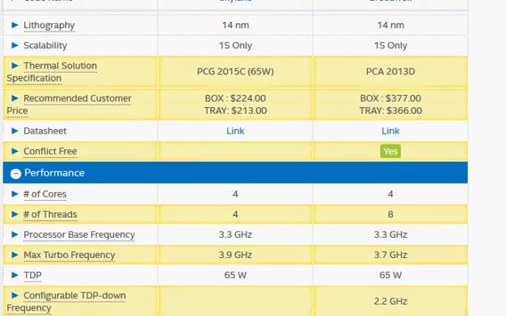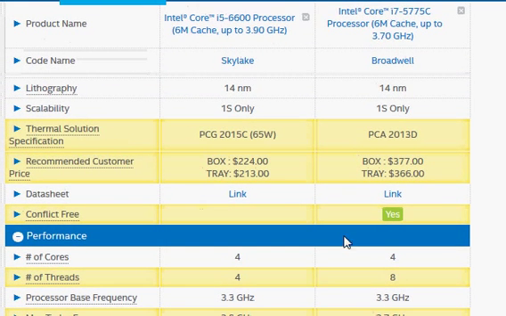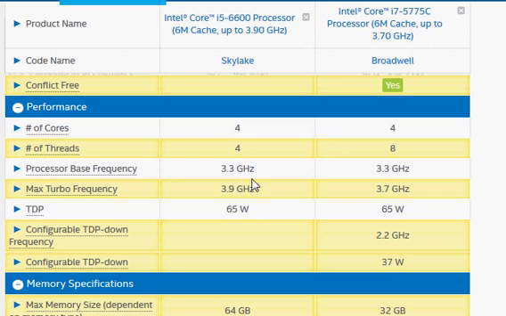Both of them are quad-core desktop processors, and the key difference is the support for hyper-threading. The Broadwell does support hyper-threading, which gives you 15 to 18% more performance. And then we have the clock frequency differences. The base clock is about the same, and the turbo clock is slightly higher for the 6600. Overall, between the hyper-threading and the clock, we should see 15 to 16% more performance